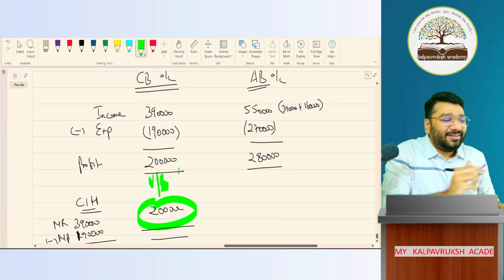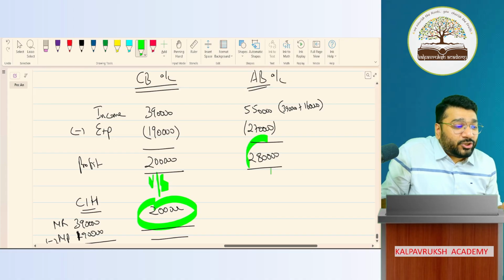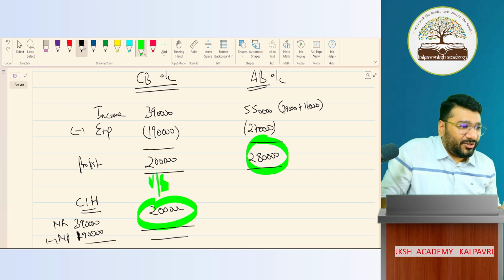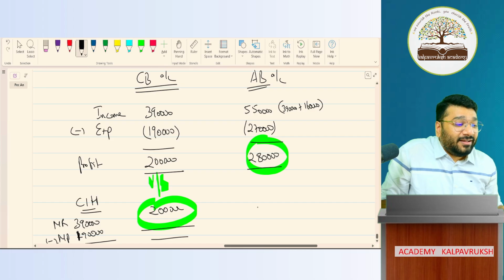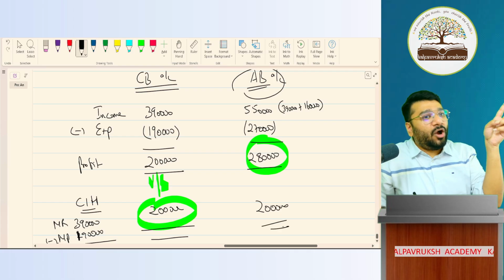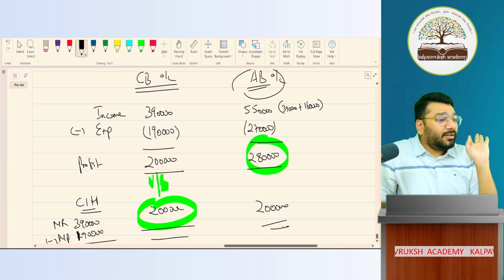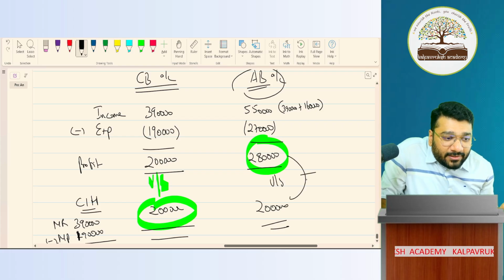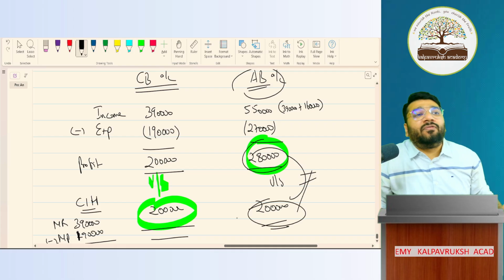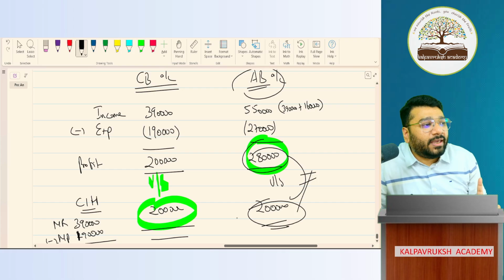Now, what is 280? Now, if I ask what is the cash in hand balance of this, what will you say? 2 lakh. So the cash account balance in both the cases will be the same. But here, is the profit matching or not matching? This will not match. So net profit in the P&L versus cash profit will not match. Okay, not okay.